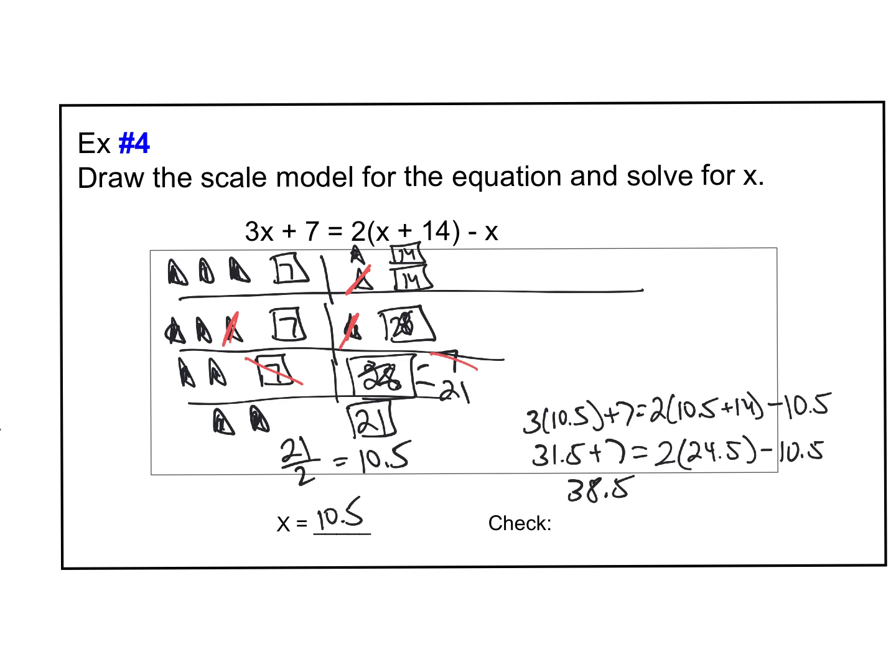2 times 24.5 is 49 minus 10.5 is going to give us 38.5 again. So as you can see, even though we end up with these fraction or decimal answers, it's still